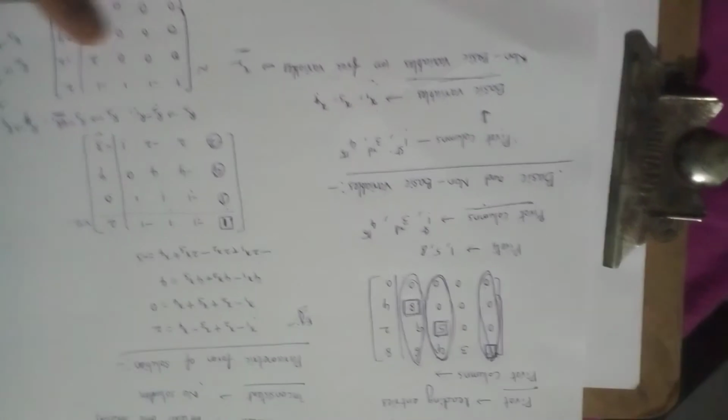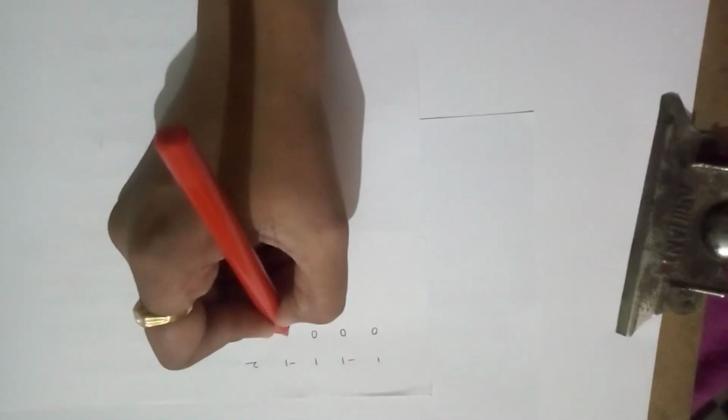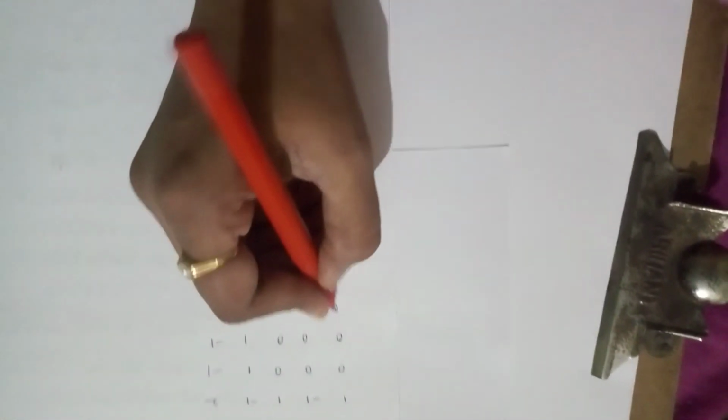So the first row is 1 minus 1 1 minus 1 2, and the second row is 0 0 0. We have to divide by 2 here, so 0 0 0. Here we divide by 2, so 1 minus 1, and next dividing by 4, 0 0 0. So 1 minus 1, and the last row is 0 0 0 minus 1 1.